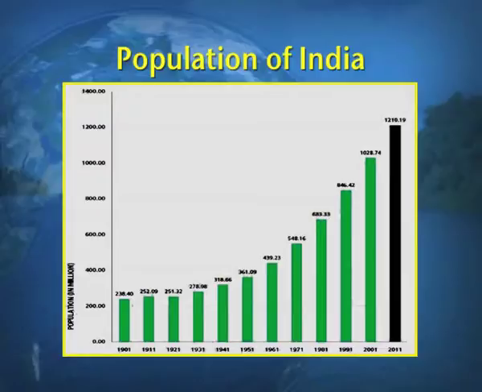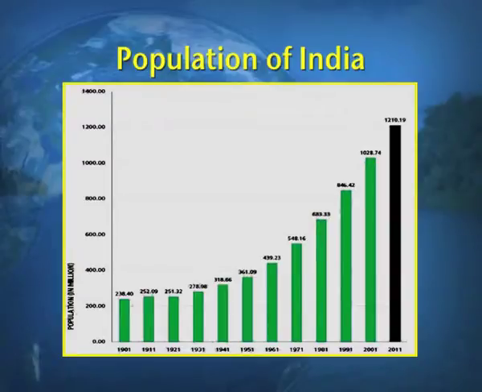You can have a statistical diagram view of the population of India. As I told you, every 10 years a census is conducted. So, this diagram, which is a bar diagram, shows the population of the different census years. If you look at the diagram, you can have a view of the curve, which is a progressive curve with every census year. So, first in 1901, when the population was 238 million, the 1911